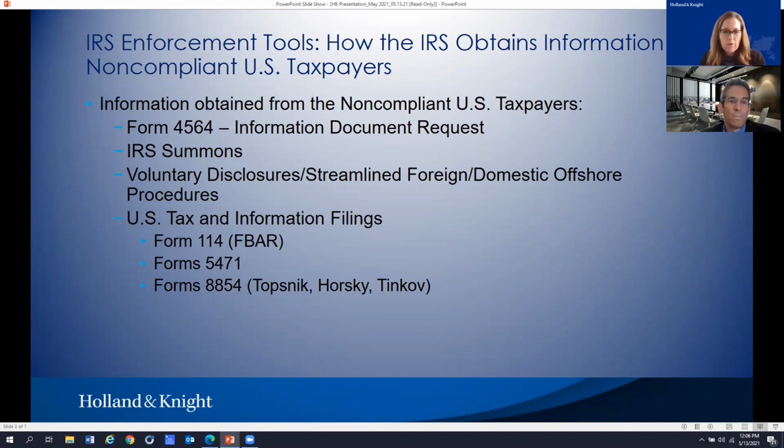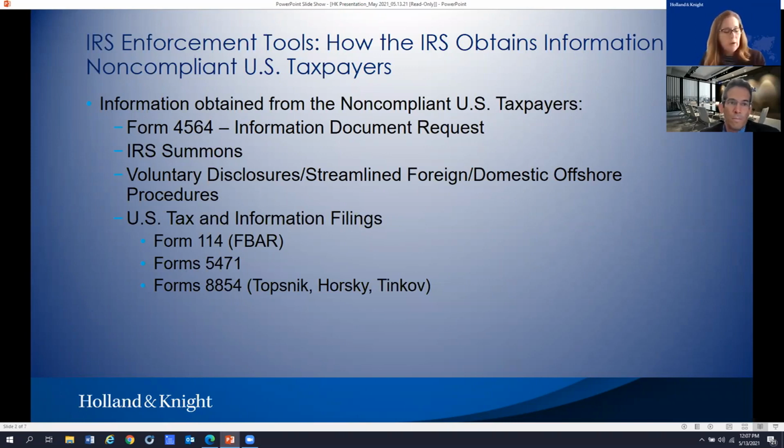The IRS has to follow certain summons procedures as laid out in the code, and the IRS can't be requesting information that they can get from another source. From the taxpayer side, the taxpayer can't use the fact that the information is located outside the US as an excuse to not comply. If the taxpayer fails to substantially comply with the summons, then a civil court order could be obtained to enforce compliance. If the taxpayer continues to refuse to comply, ultimately the taxpayer could be held in contempt or even criminally prosecuted.